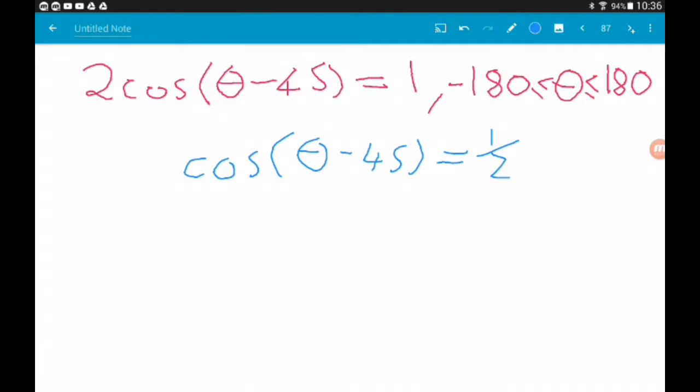The second thing we need to do is change the interval. So we've got theta minus 45, so we subtract 45 from each bit of the inequality. So minus 180 minus 45 is minus 225, which is less than or equal to theta minus 45, which is less than or equal to